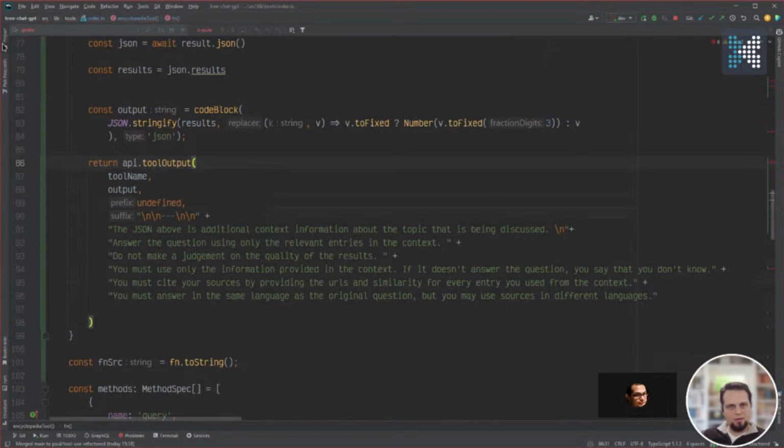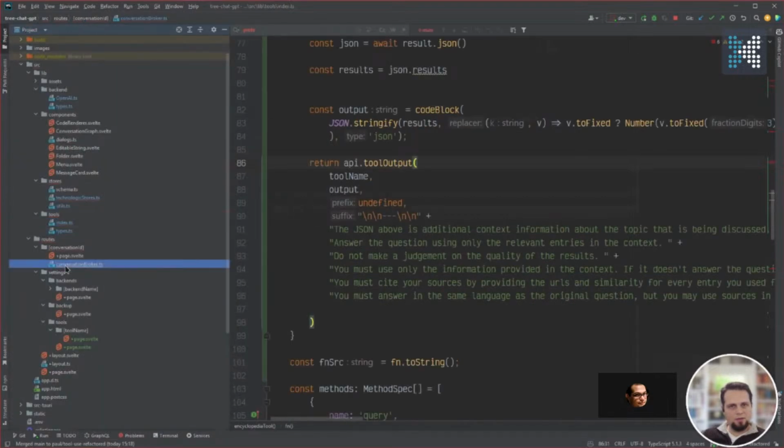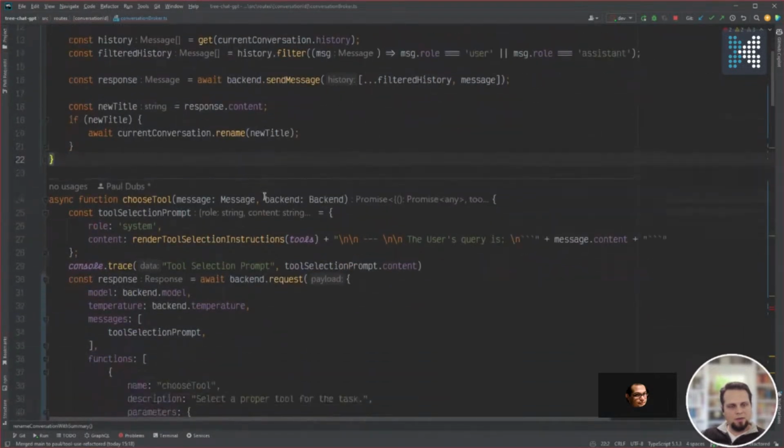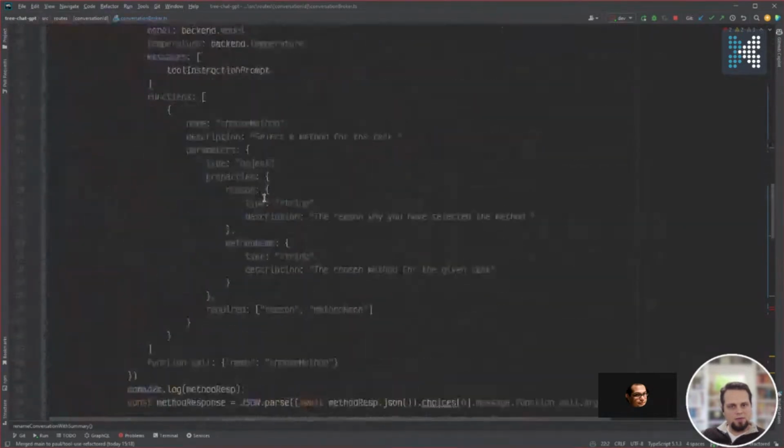And then where we are calling it, then we can have